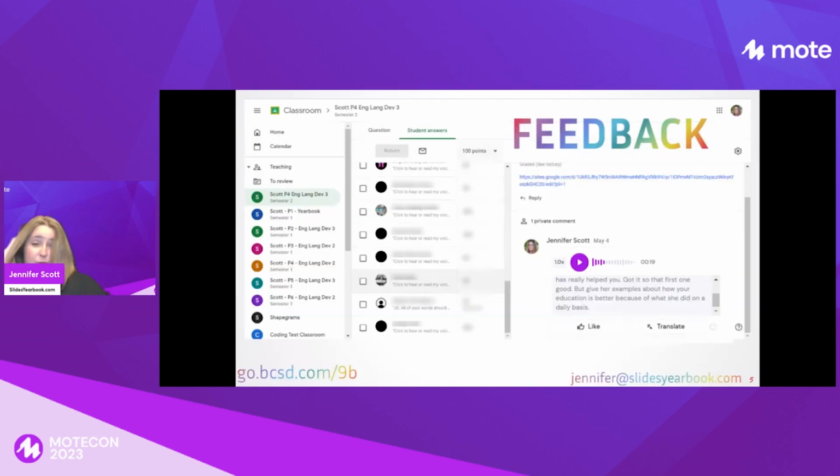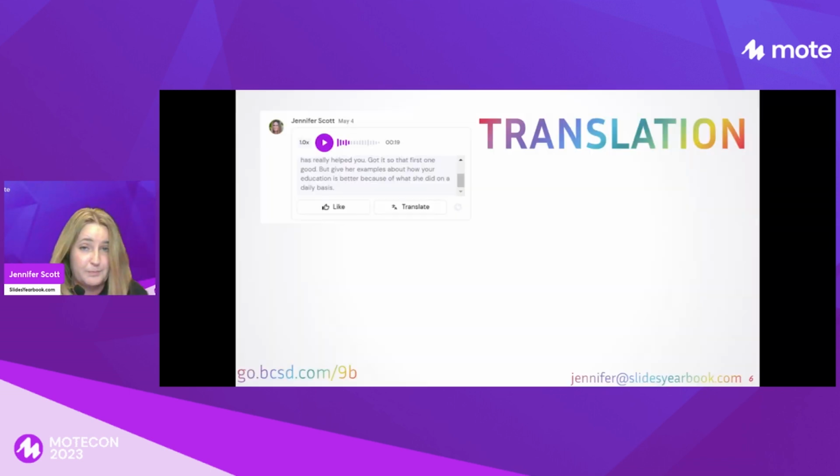So when we talk about Mote, we're talking about feedback. Here is a screenshot of my newest Google Classroom. In it, you will see students are leaving me comments in Mote, and I am also giving them comments back. Because one, it's really quicker to record a voice message than type it. And then they get to hear my intent. They get to hear my purpose. And that just creates relationships with my students.